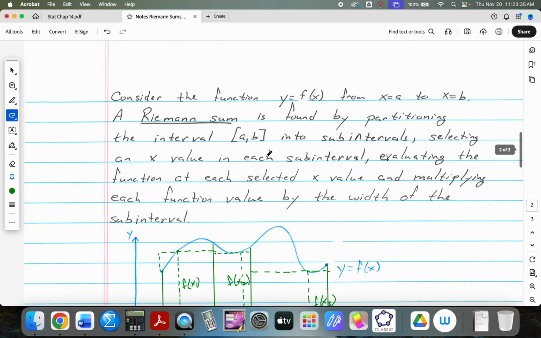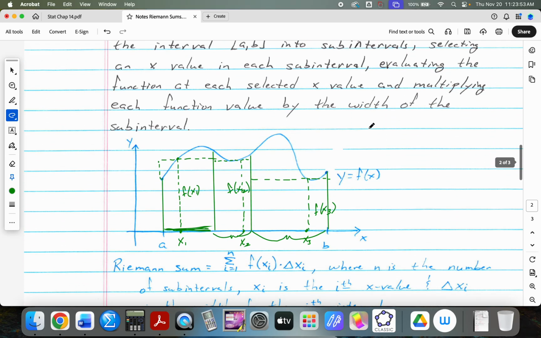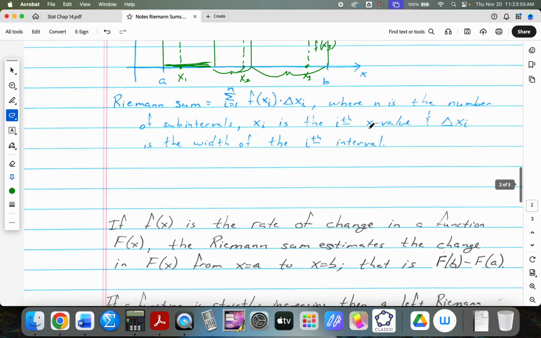Because if we go back to this, if the velocity is always increasing, well, when I use a right Riemann sum, I'm always using too much velocity. And if I use a left, I'm always using too little. On the other hand, and I always have to think about this one,